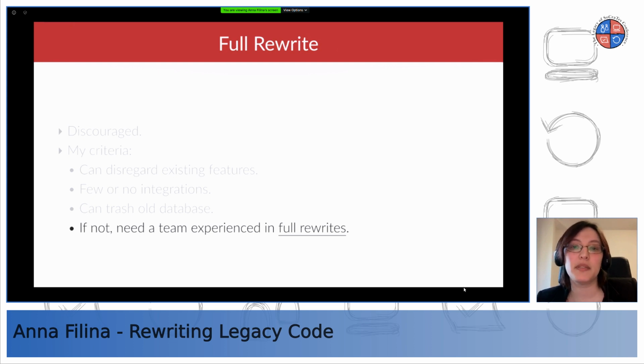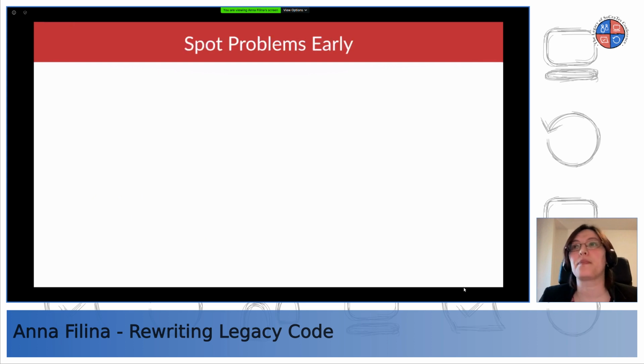So basically, a full rewrite is when you need to write a new app. That happened to me when I was rewriting an application that wasn't even a web application. They wanted to create a web application with completely new features, or a lot of new features. So we decided to rewrite because there was no point in trying to do anything with the old one. There wasn't enough to salvage from the old application.